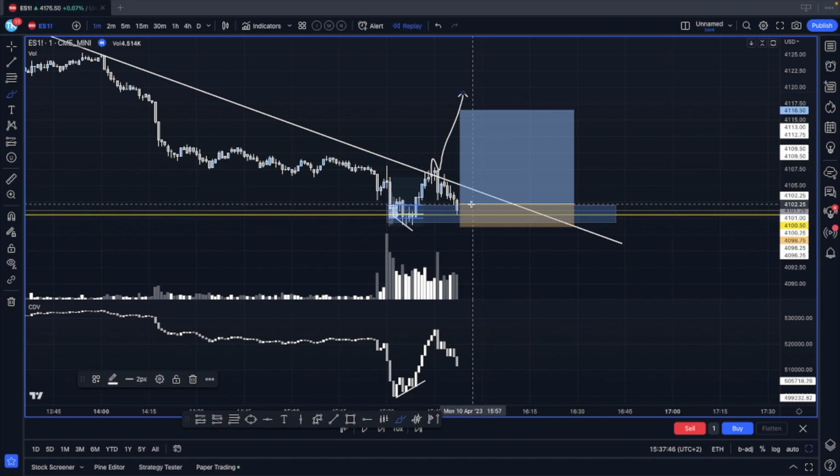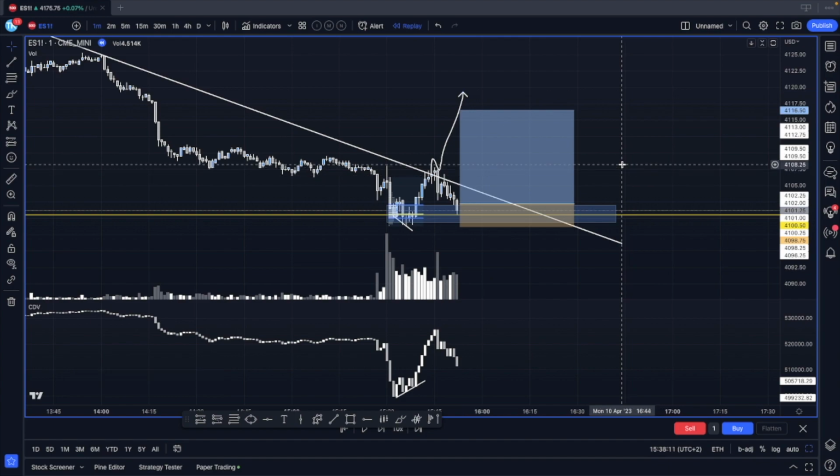Statistically, if you wait to retest, it means that you wait for a discount zone if you want to go buy, or a premium zone if you want to go short. I want to go long, so I wait for the retest. Now it's not time to enter yet. Now I need